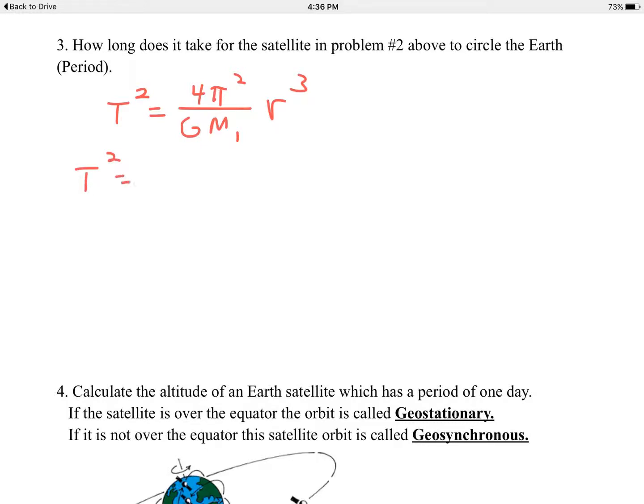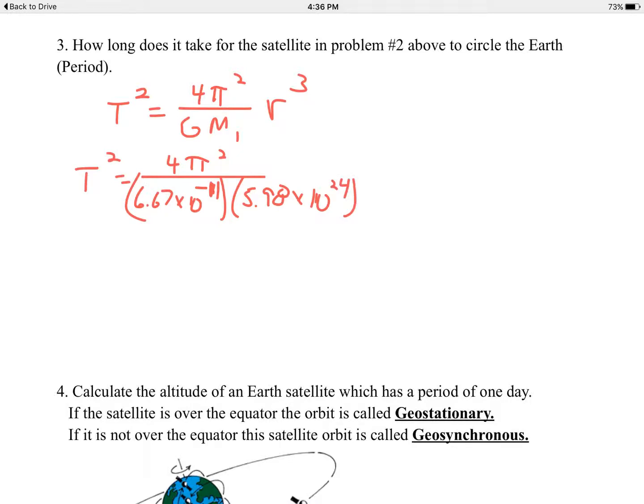T squared equals 4 pi squared over G m sub 1, 6.67 times 10 to the negative 11th, times the mass of the Earth, the thing you're orbiting around, 5.98 times 10 to the 24th